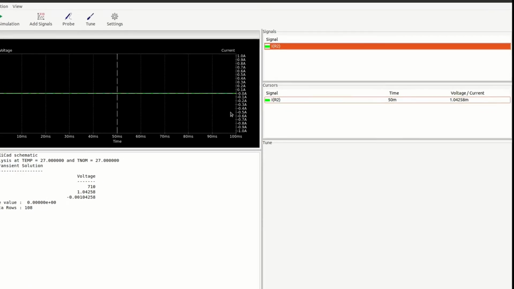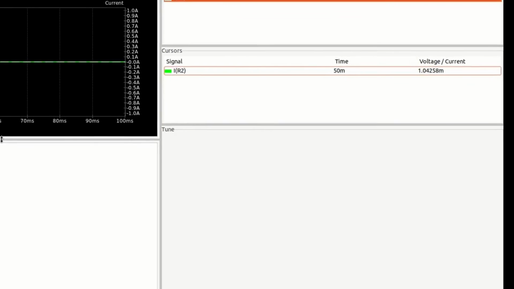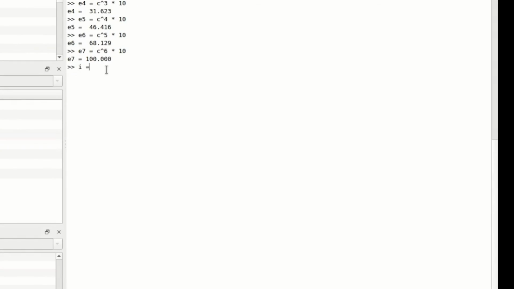Current I is 1.04 milliamps and resistance R is 680 kilo ohm.